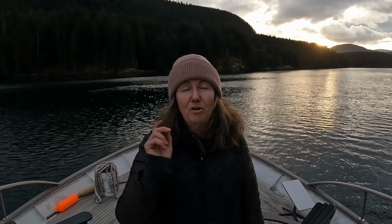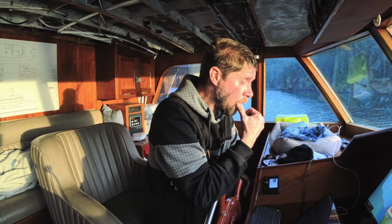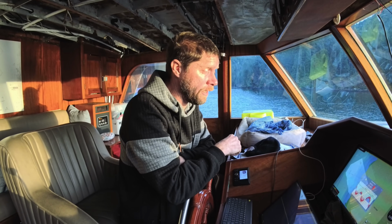And welcome to Small Inlet. This is a much better anchorage, and both Blaine and I would definitely get some sleep here. Absolutely stunning. So I'm planning our day for tomorrow, and I'm looking at the current flow table for Seymour Narrows